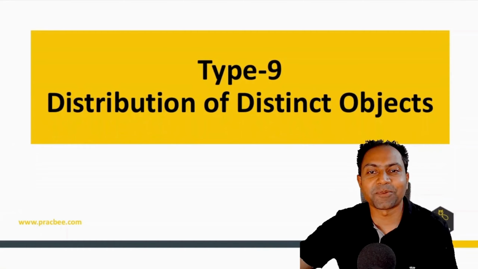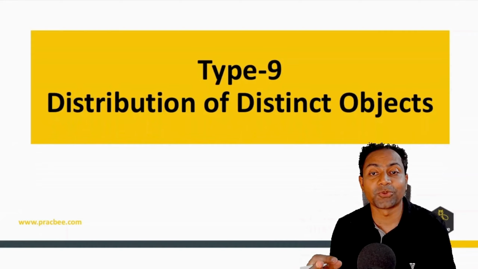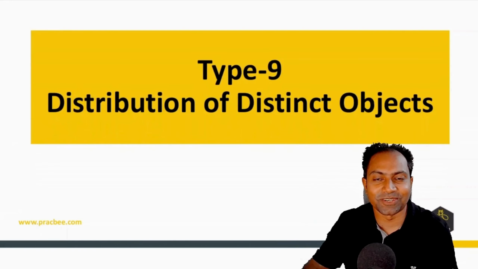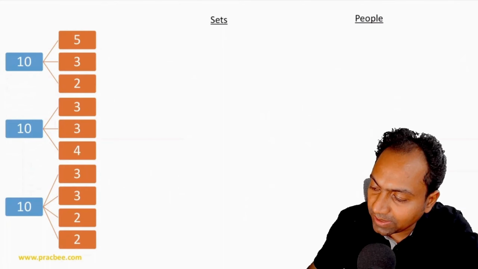Now let us look into the next type of problem, that is nothing but distribution of distinct objects. First let us understand some basic theory and then see what kind of question JEE has asked on it. So let us try and understand this scenario, that if you have 10 distinct objects and we have to distribute